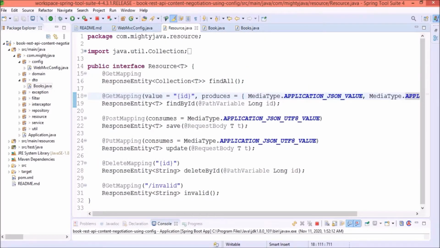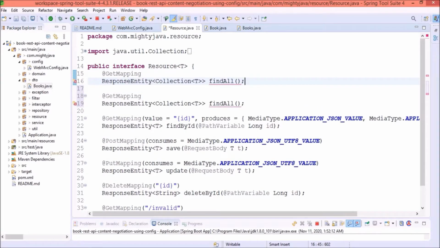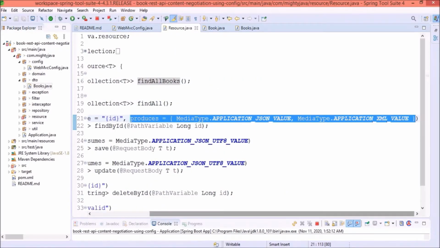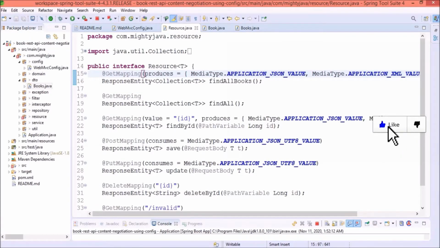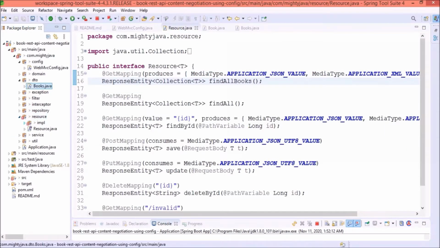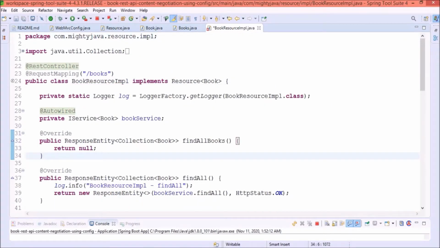Now let's declare one more method in the resource interface. Change the method name from findAll to findAllBooks. Add produces also as part of the GetMapping. Now let's override this method in the BookResourceImpl class. Now let's add a simple implementation to the findAllBooks method.